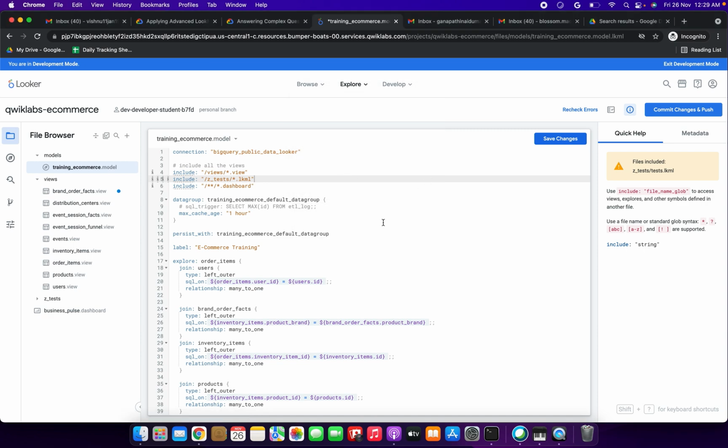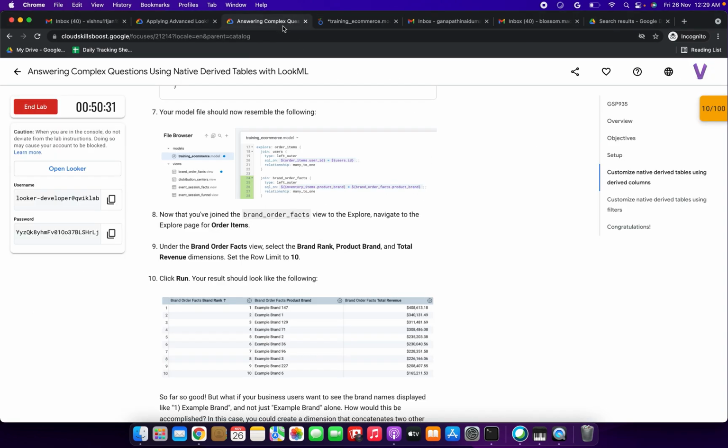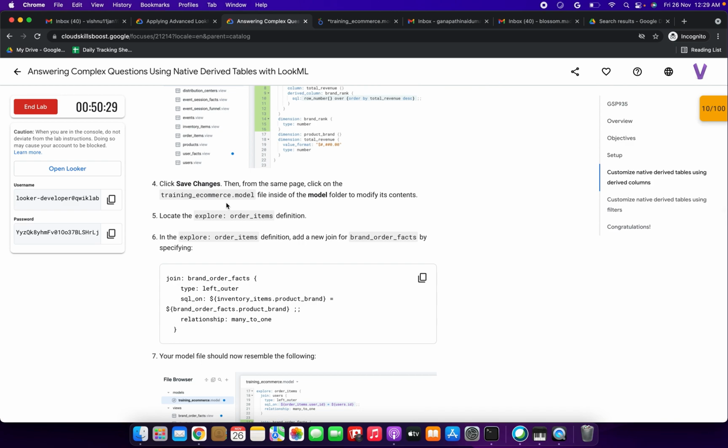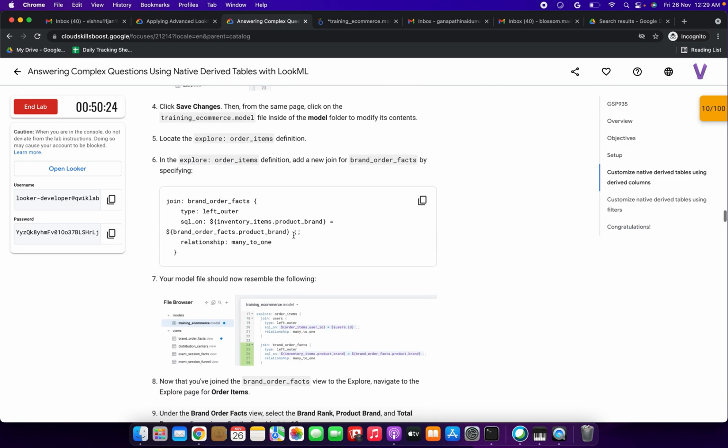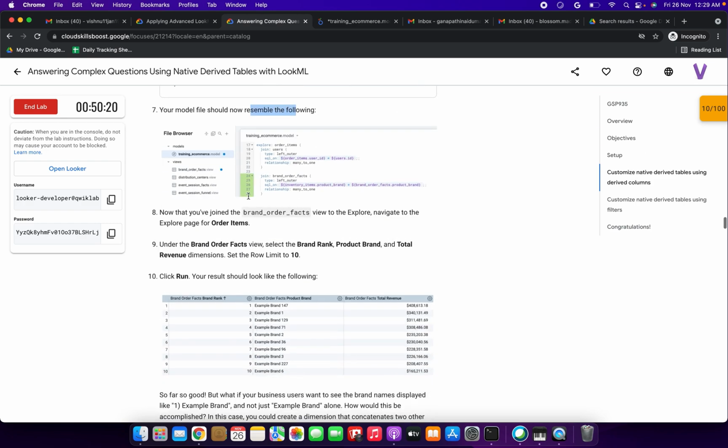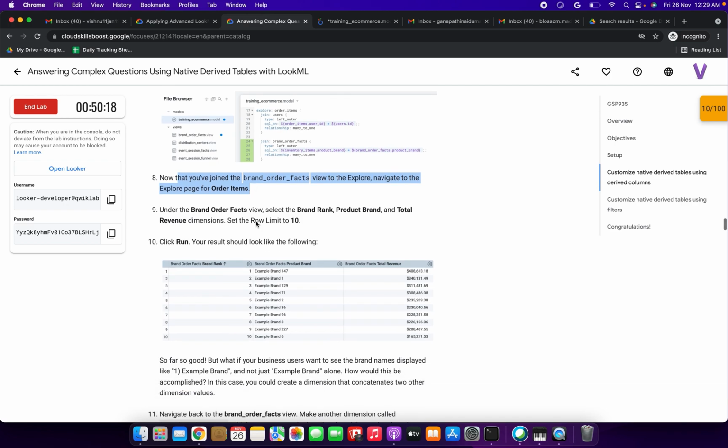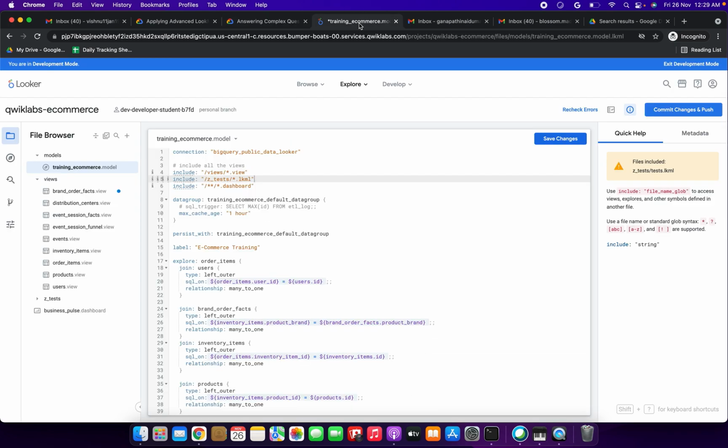So cancel, I am doing. Click save changes. Yes, we need to click save changes. After that we need to do these things, friends. Okay, so we need to click save changes now. I have saved the training e-commerce model, it has been saved.